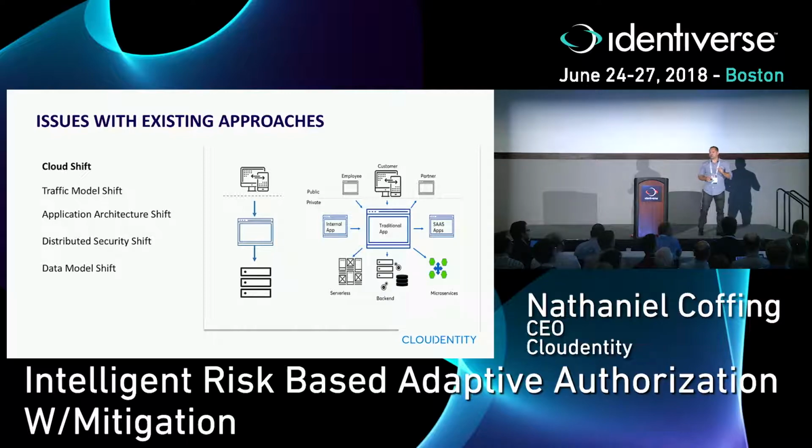I think first it's important to talk about what the problems are, right? What's causing this change in authorization? So first of all, there's a cloud shift. There's a completely different method of building applications as well as seeing what's going on within those applications. Going from your perimeter-based 3-tier applications into applications that might be running in Istio, Kubernetes, Dockerized containers, et cetera, that have ins and outs on every side as opposed to being protected behind that common ingress-egress point, your firewall, your WAF, your typical web access management gateway.